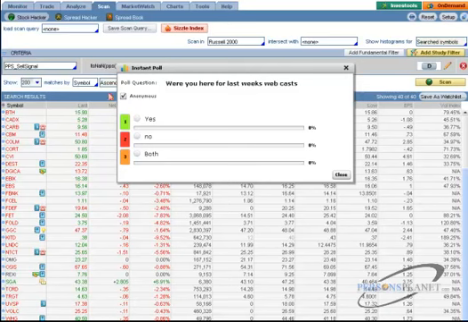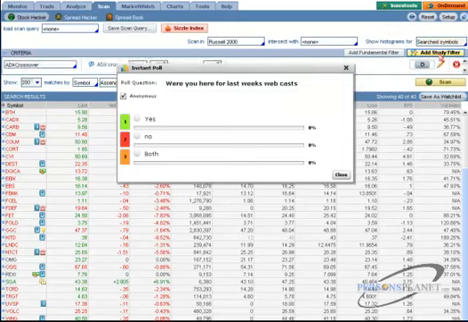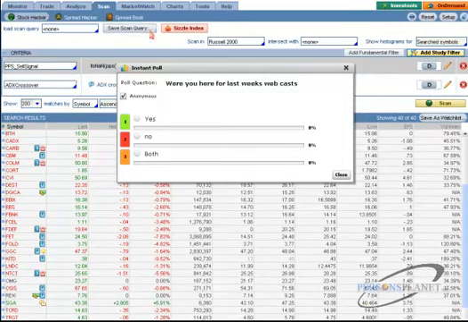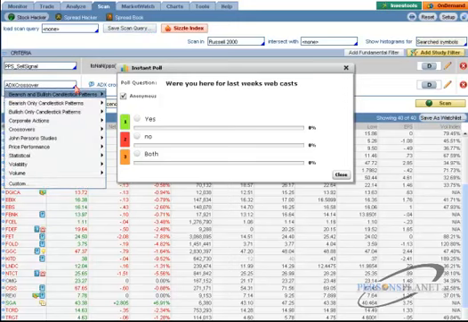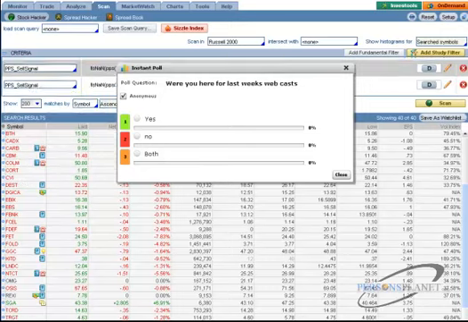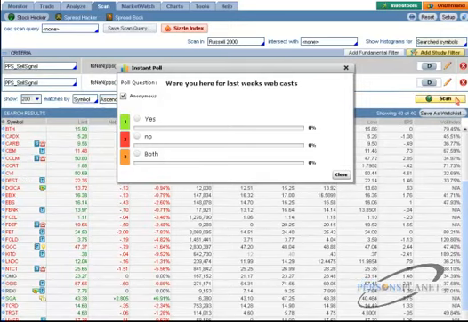So again, up here where it says Add Study Filter, go over to the drop-down menu that pops up. It says JohnPerson Study. If you're scanning for sell signals, you want to go PPS sell signal. If you're scanning for buy signals, scan for buy signals. PPS sell signal. All right? And you hit scan.